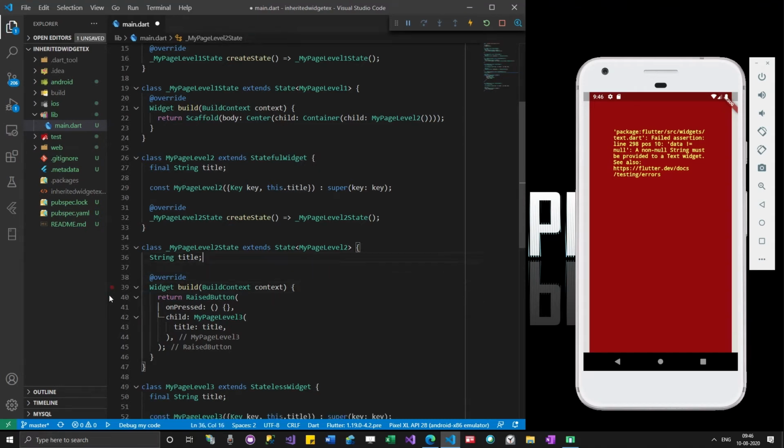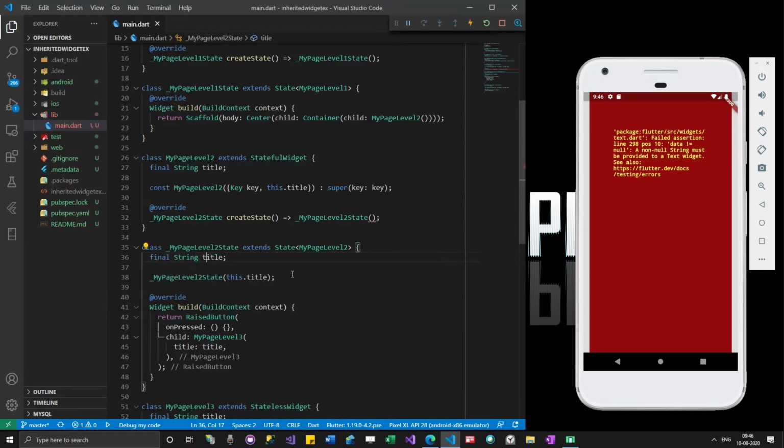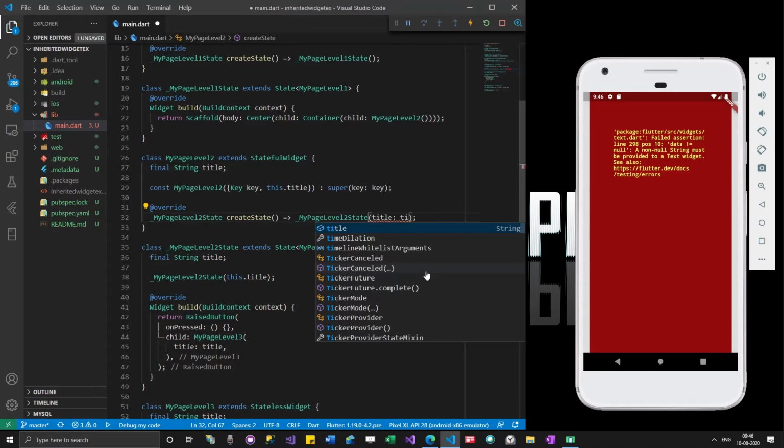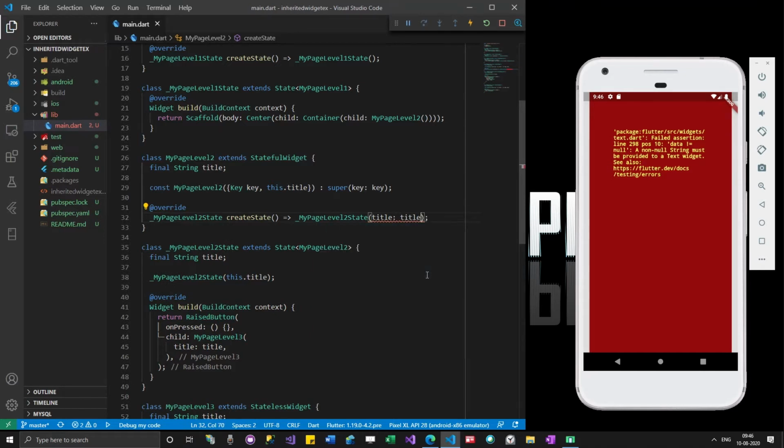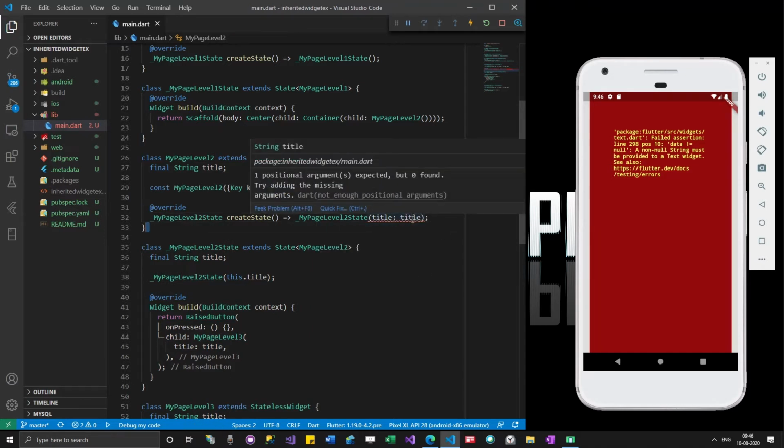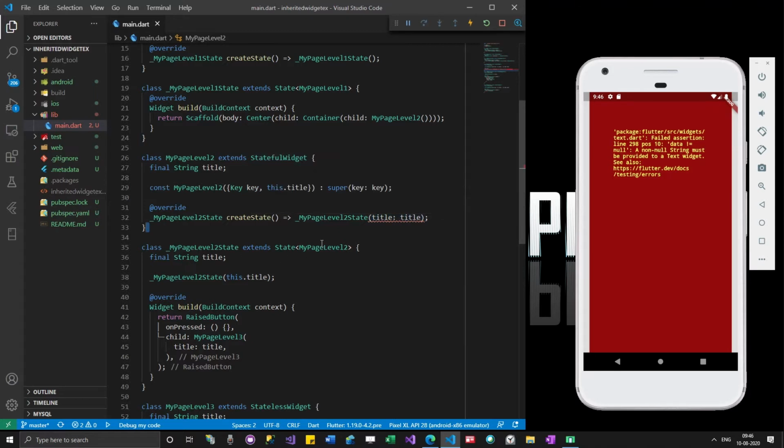Okay, so there are other ways to do it. For example, what I could do is mark it as final and then create a constructor, and then pass title equal to title. So this is also fine, I guess. But why is there an error? Okay, I have to add these brackets over here.